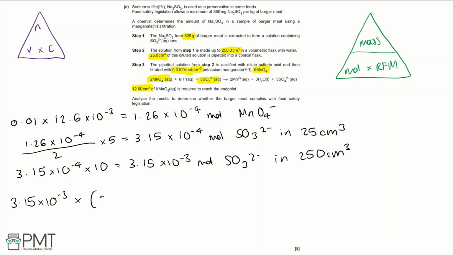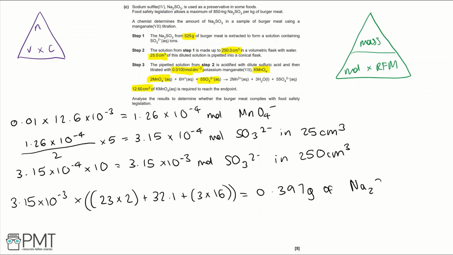So that's going to be 23 times 2, which is the relative atomic mass of sodium, then plus 32.1, which is the relative atomic mass of sulfur, plus 3 times 16, which is the relative atomic mass of oxygen. And then if we do this, we get 0.397 grams of sodium sulfite, so Na2SO3, in